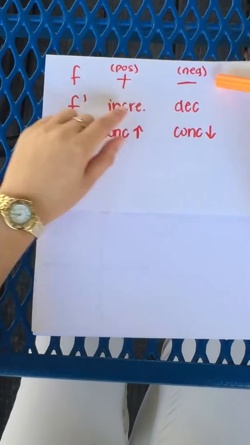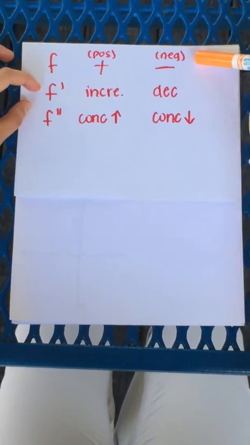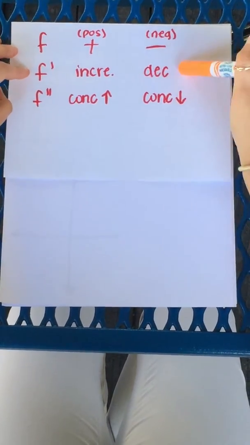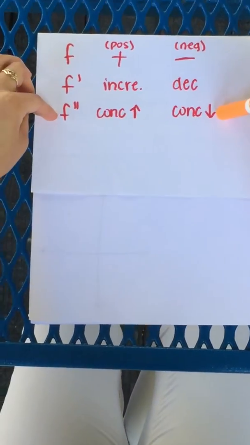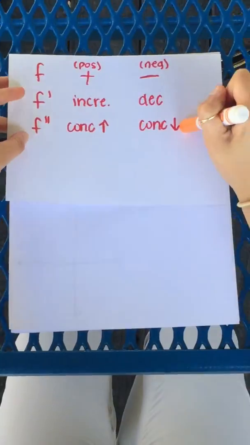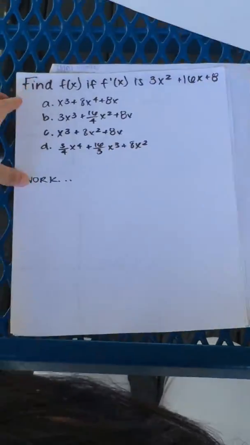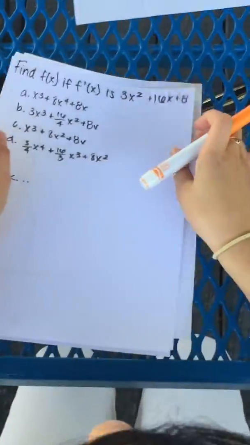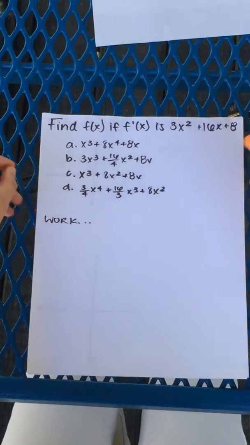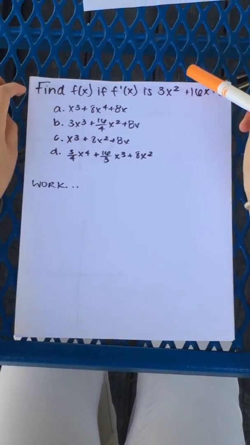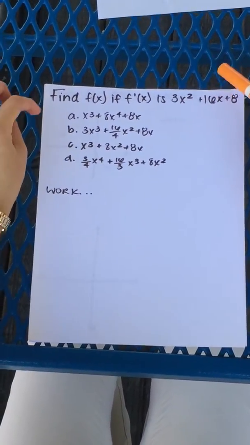On the left side, you can see that f of x is negative. Therefore, f prime of x is decreasing and f double prime is concave down. So let's do some work so we can get the hang of this. So our first problem is find f of x if f prime of x is 3x squared plus 16x plus